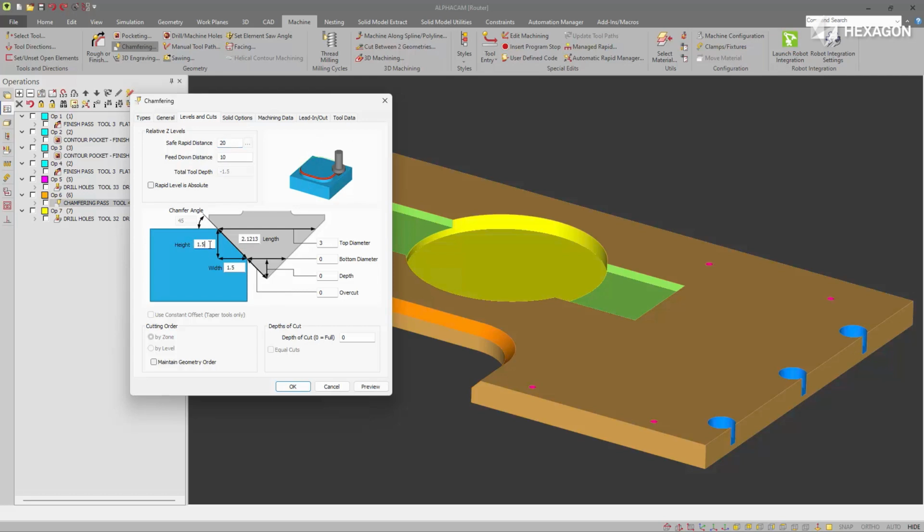Whatever you enter here will update the corresponding parameters, including the total tool depth there, which is read-only and dictated by this dialog. So if I want to overcut by a small amount, the other parameters are updated, as is